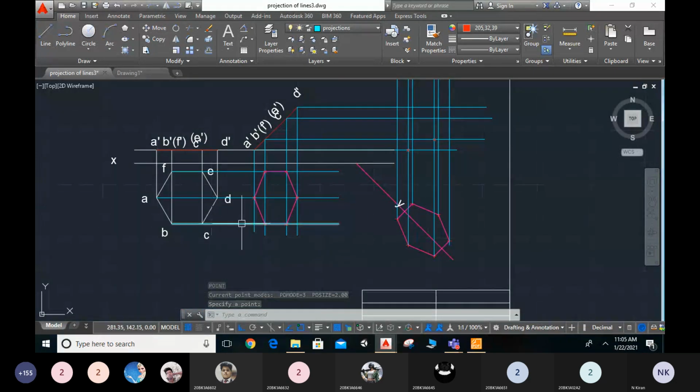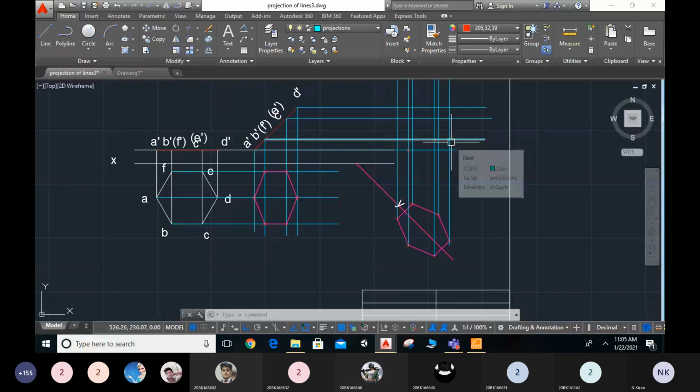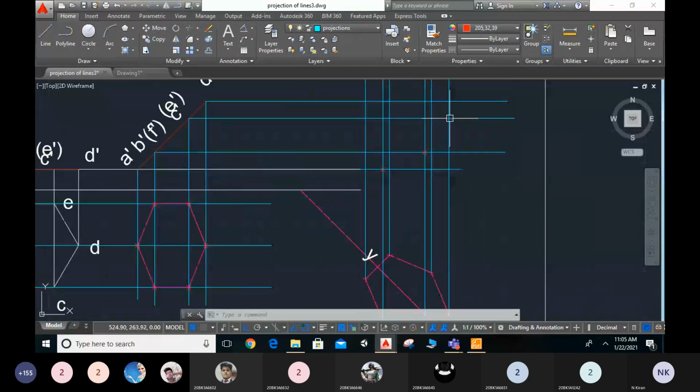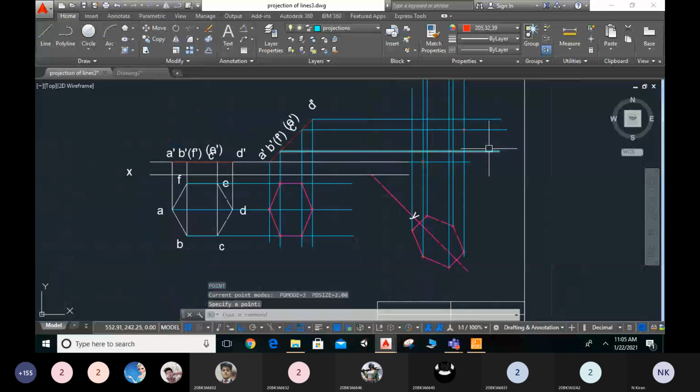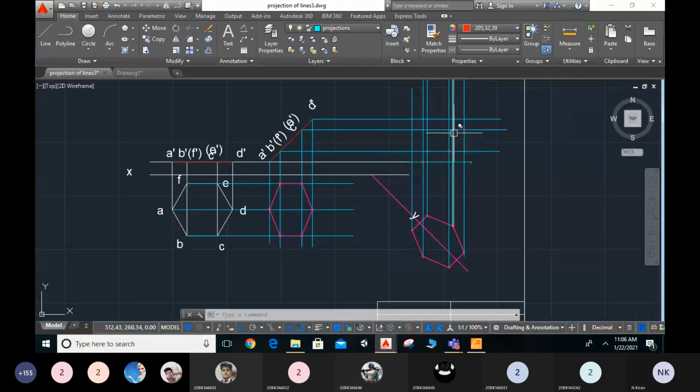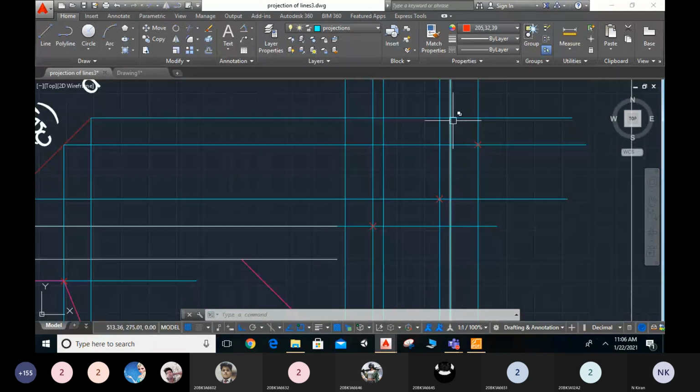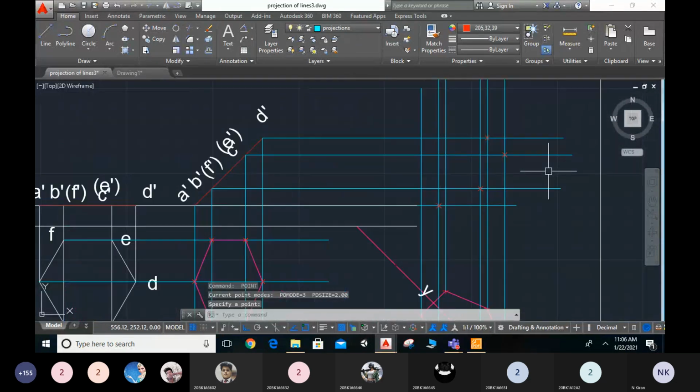Now see, this is the C line and this is the C line. So that means this is the C line. Here, where is the C, and this is the point. PO enter, and this is the point where I can get C. And D, if you observe D, this is a line and this is a line. So this is the D line. Now this is the highlighted one D, and here this is the highlighted one. Space bar, and I will select this one.